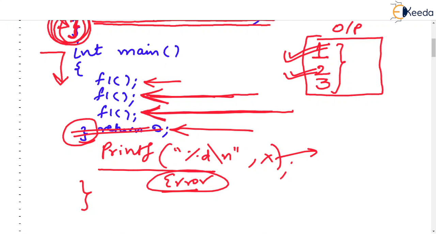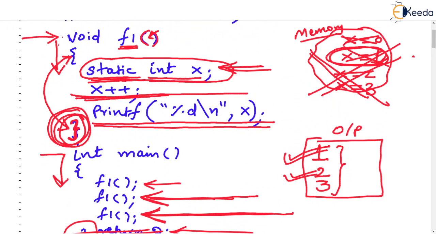Stick to the basics. Although x is staying in the memory, it is staying only for that scope. So you are allowed to use x only when you enter that scope. Which scope am I talking about? The scope within which x has been declared. Although x is not destroyed, C says, look, you have x available, but you can use x only when you re-enter that scope. So that means x is still local to the scope. I hope you are understanding.